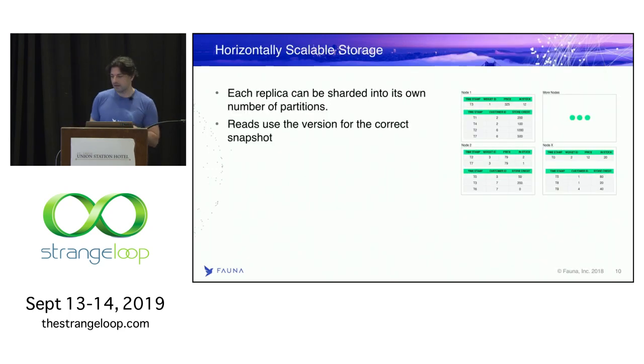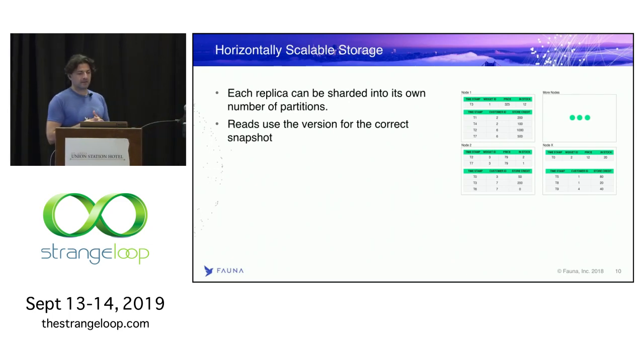So what do we do here? Fauna is both horizontally scalable and it's a multi-version concurrency control store. This means two things. The database stores data in multiple replicas. Every replica contains all the data. Replicas are typically stored in different geographies, but you can have them anywhere. And within a replica, the data is sharded into a number of partitions. So this here is meant to present a single replica with 3 or 4 partitions.